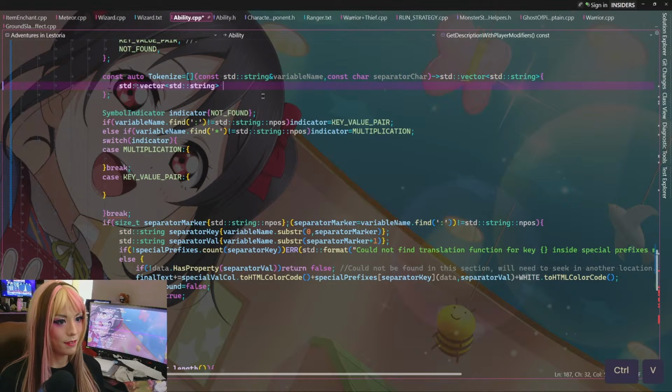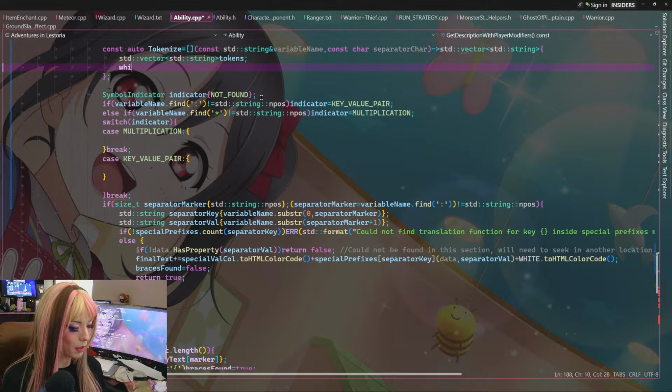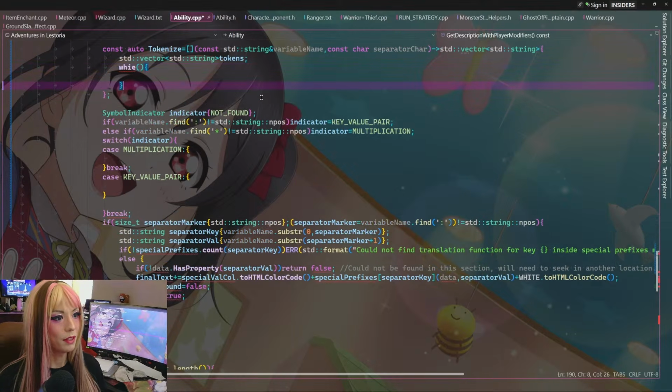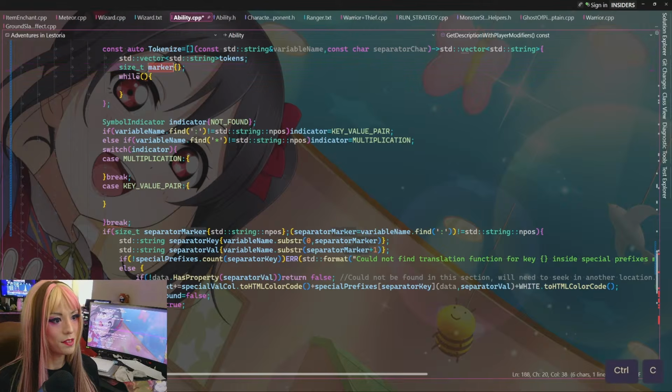So let's get a vector in here, tokens, and then let's start a while loop. So we'll have a while loop where we have a marker, so size_t marker that initializes as 0, and